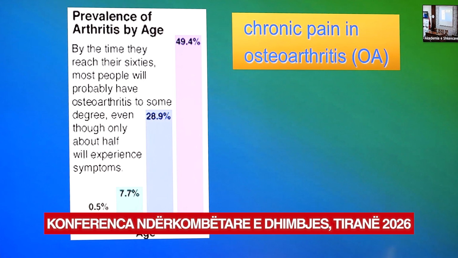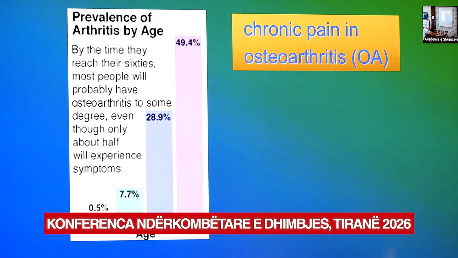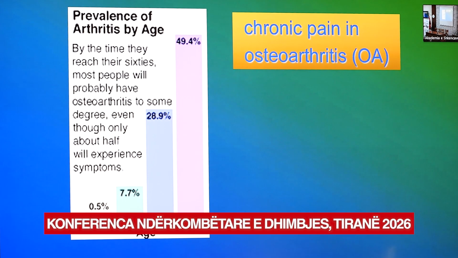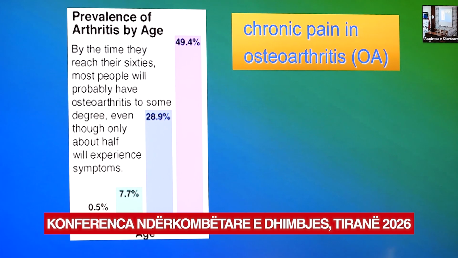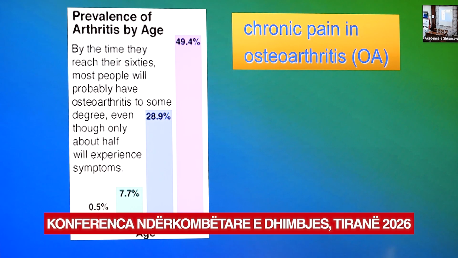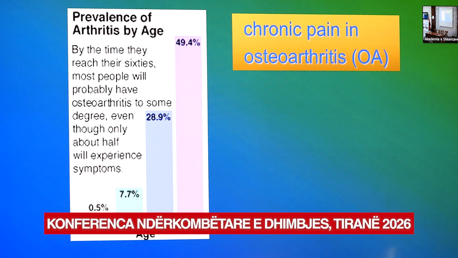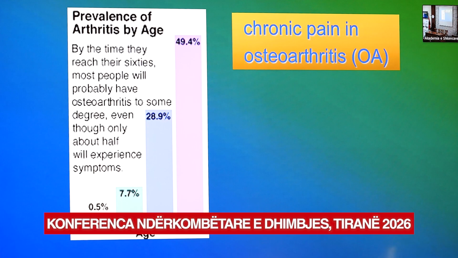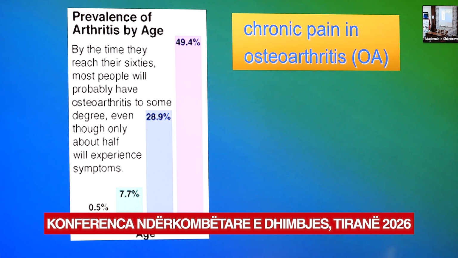Osteoarthritis is a very major problem. The graph we see now shows the percent of people at different ages who become suffering pain from osteoarthritis. If we add up the numbers from 7.7% up to 49%, when the osteoarthritis begins, we can come to the conclusion that by the time people reach their 60s, a large fraction, 80% roughly, will have arthritis to some degree, even if only about half of those will experience actual symptoms. Half of those is something like 40%, so we're talking about a very major cause of disability